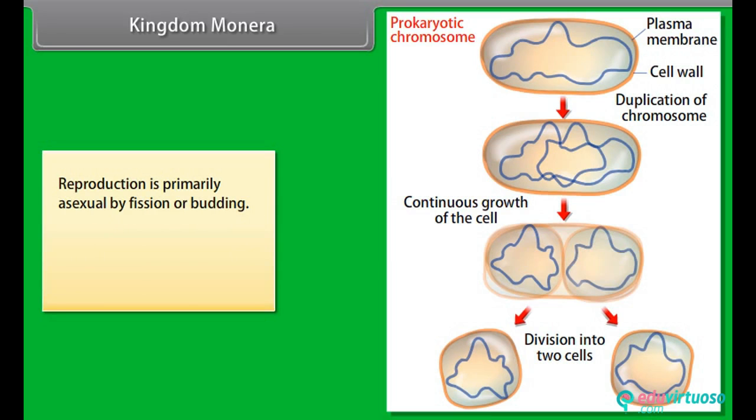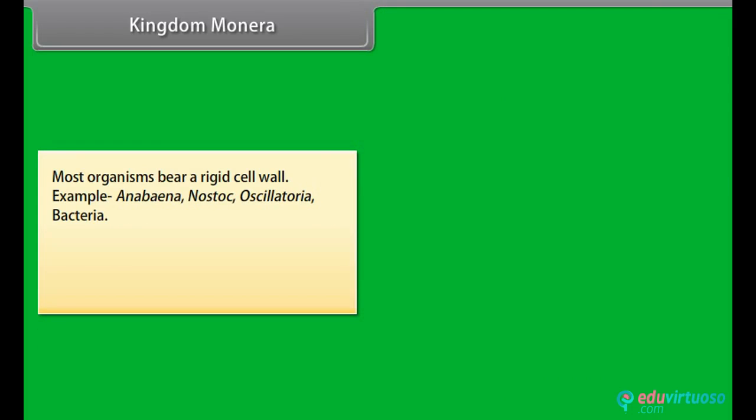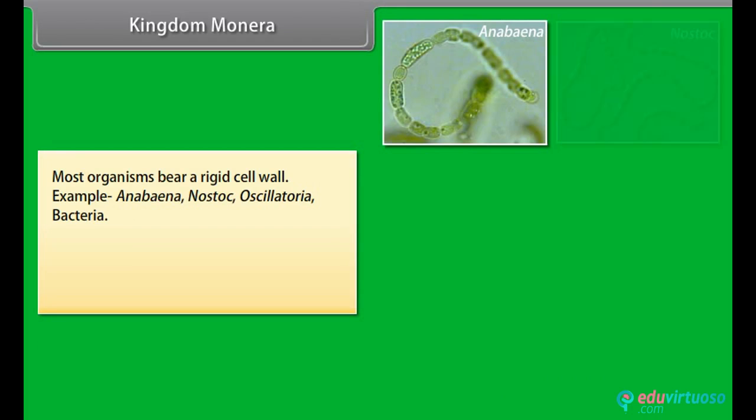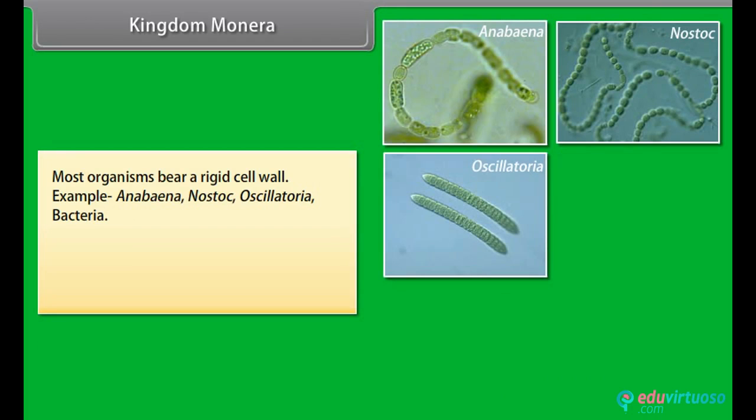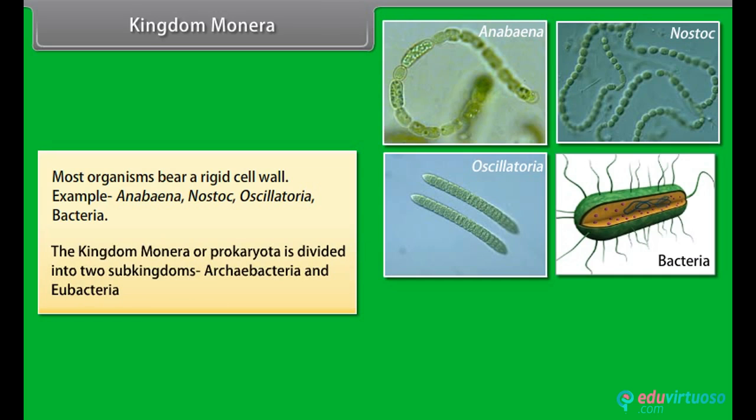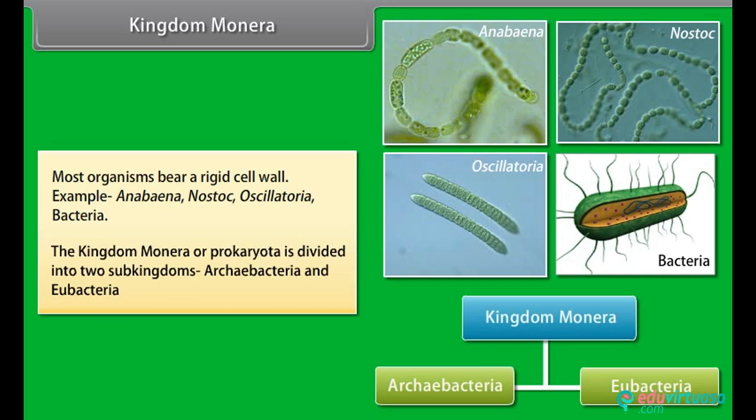Reproduction is primarily asexual by fission or budding. Protosexual phenomenon also occurs. Most organisms bear a rigid cell wall. Examples: Anabaena, Nostoc, Oscillatoria, bacteria. The kingdom Monera or Prokaryota is divided into two subkingdoms: